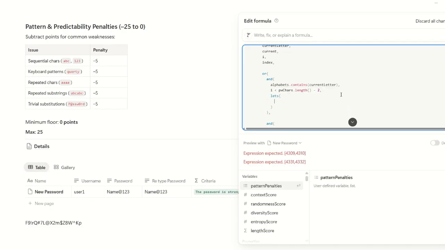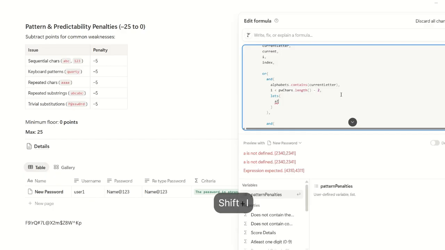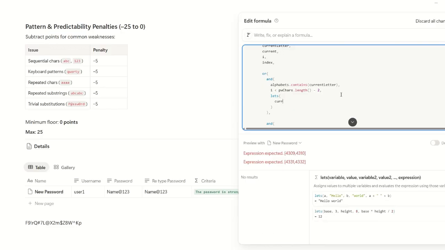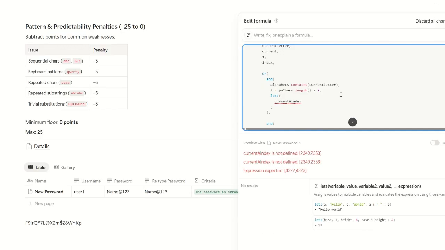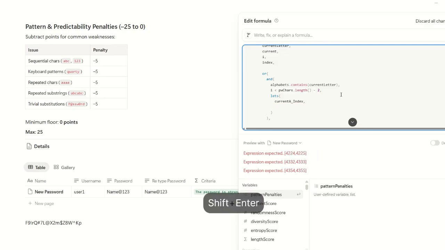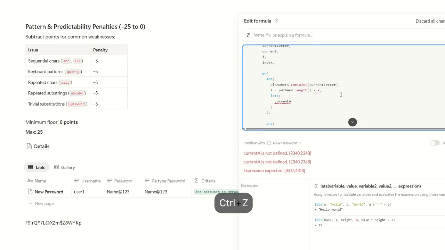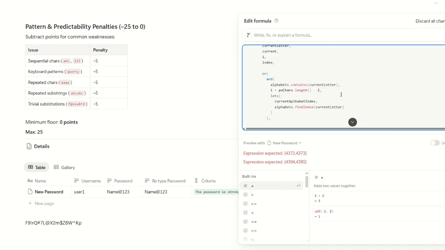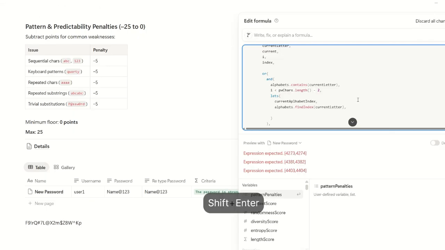You can call it the index, or you can just call it current index. So you can scan out the index, and what you want to check is,